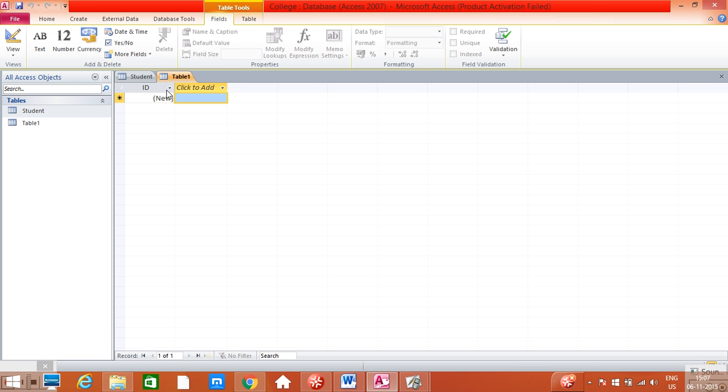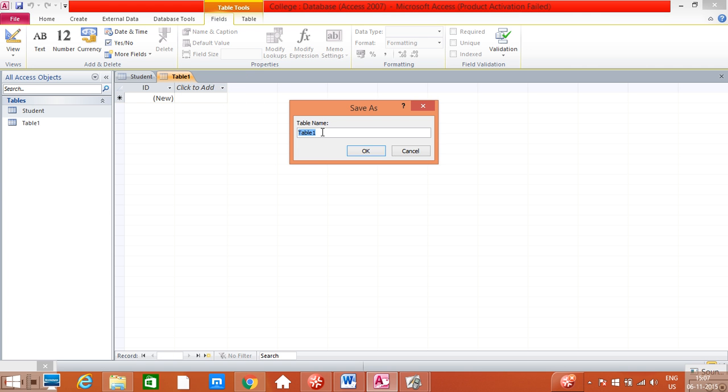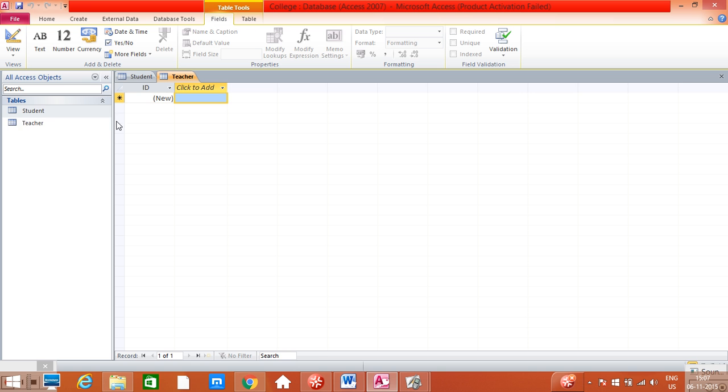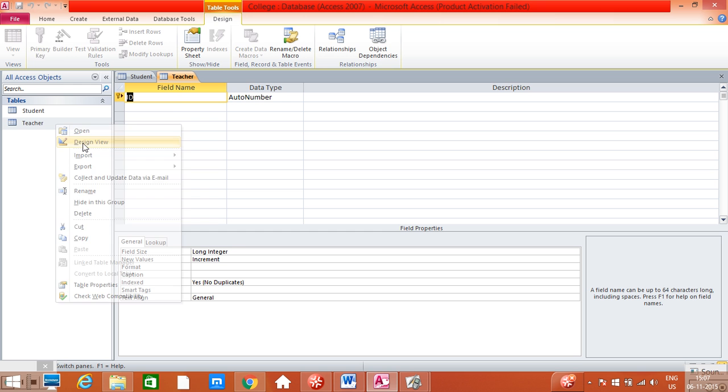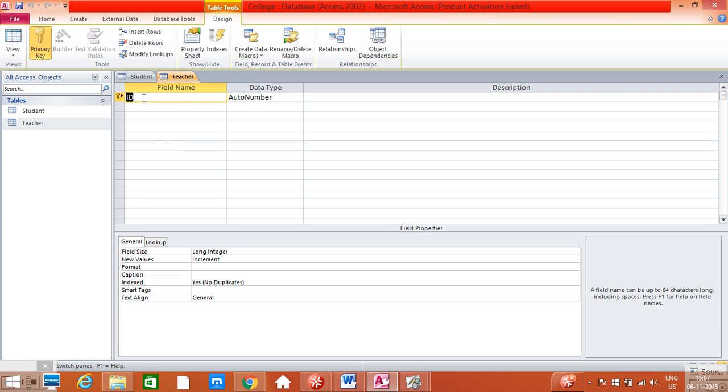So again, first I have to give the name to my table. I'll right click on it, click on save. It will ask the table name. You give the name teacher. Now the second thing is we have to give the structure. We have to design the schema for our table. So right click on it, design view, and here we can give the schema. So teacher ID,